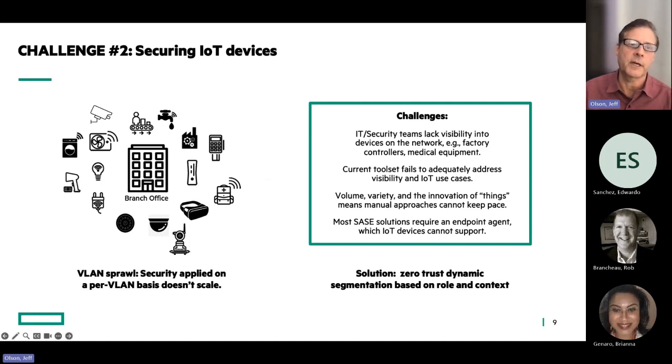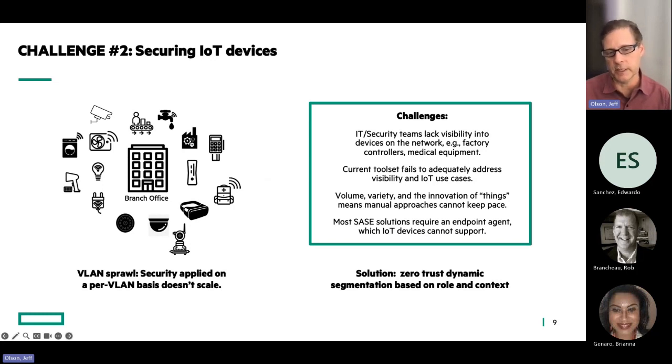And you see some of them there: smart devices, smart building controls, smart lighting. There could be IoT devices, things in a hospital, etc. And we've met with a number of customers, and the challenge that they often have is when you use that legacy network architecture that I showed in the first challenge,